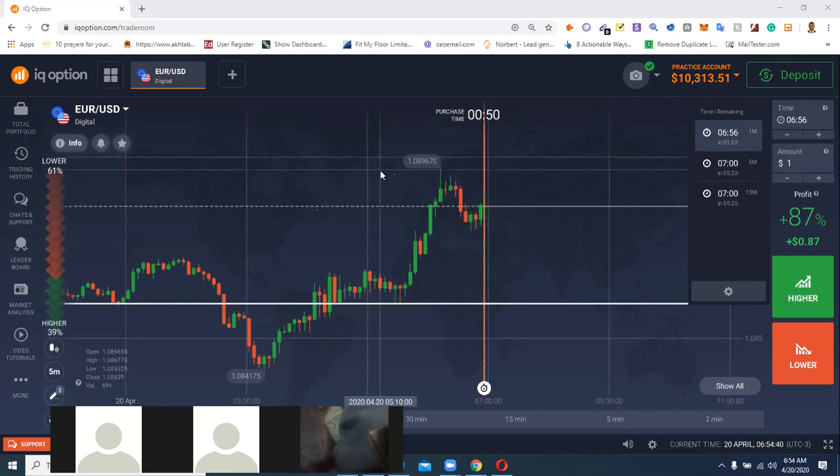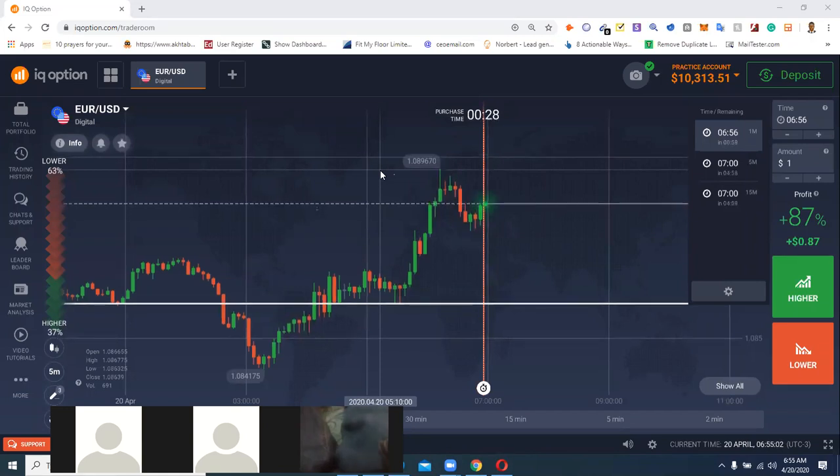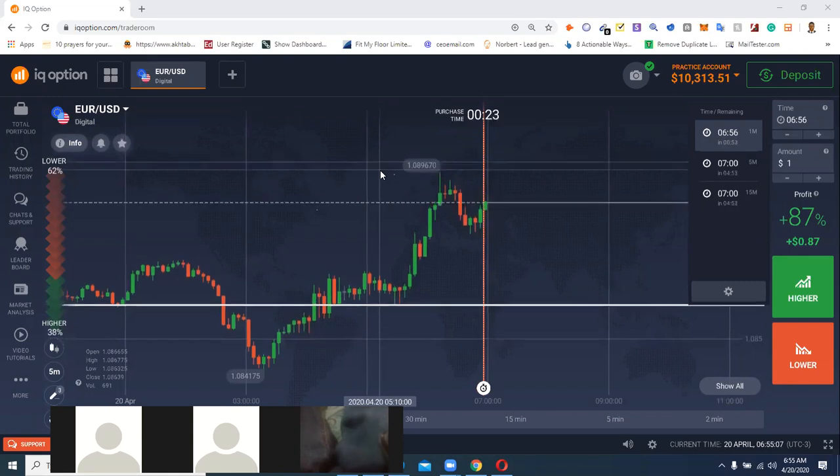Now, today, I've made my daily target. I'm not trading live again. I may trade live again, maybe just for training purpose. But personally, I don't wish to trade live again for today. I've already made my target and I'm done for the day. I've made $7 today and it's okay by me. You can make a living income from this. You can be financially stable from this, but you need a lot of discipline. It's important, a lot of discipline.